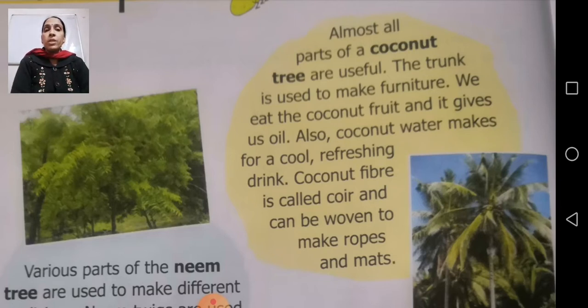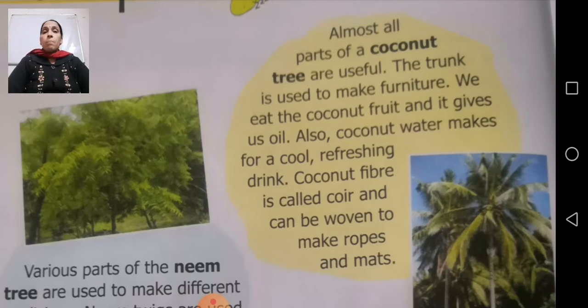makes for a cool refreshing drink. This coconut water is quite often available in our city also. Earlier it was not there, earlier only one or two places had it, but nowadays you can get that coconut water from anywhere, you can take that. Now what is coconut water? If it happens in your body that sometimes we are not drinking water properly, in the winter season we don't feel thirsty, and then we are not drinking water, then what will happen in that case, when we